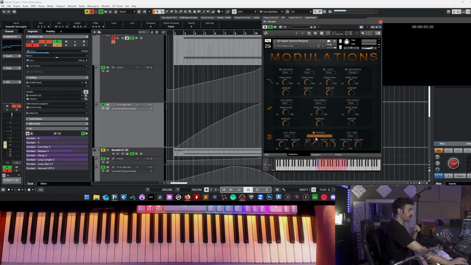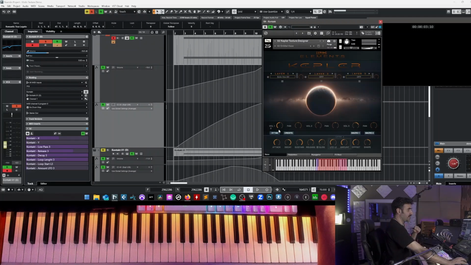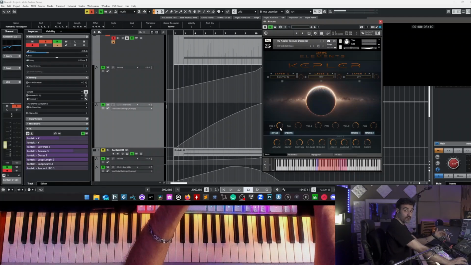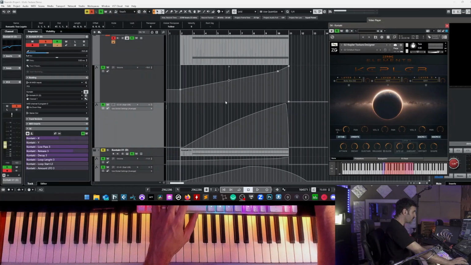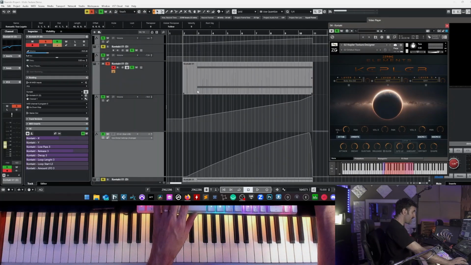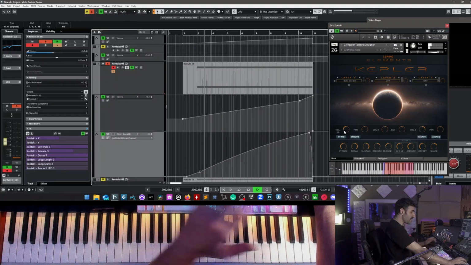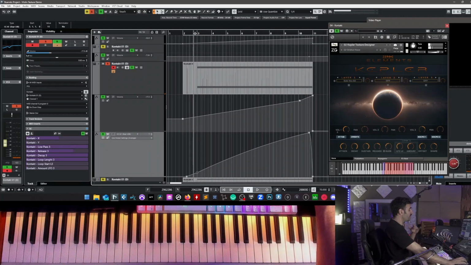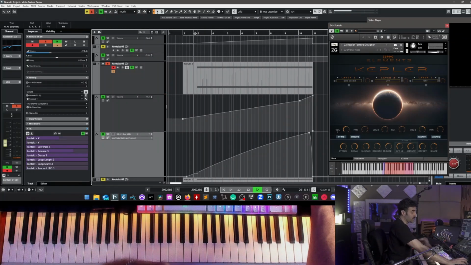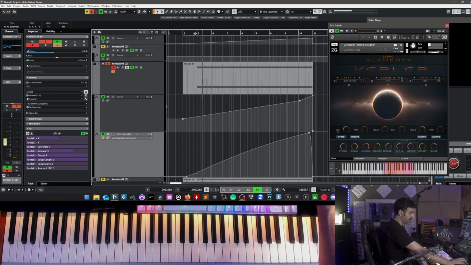This means that if you set the volume of the layer to 0, you have only the wet signal with Replica. As you can see, I'm creating this automation here where I start with the volume of the layer really low, so I have more Replica effect, so more reverb, more effect, and then